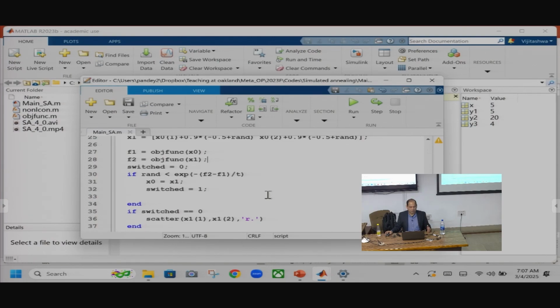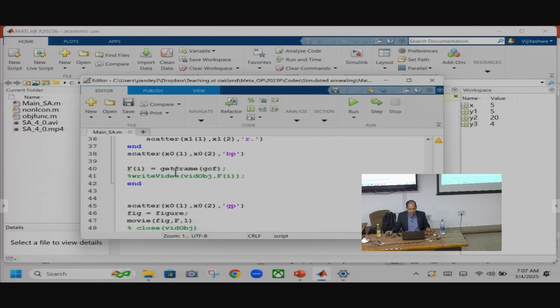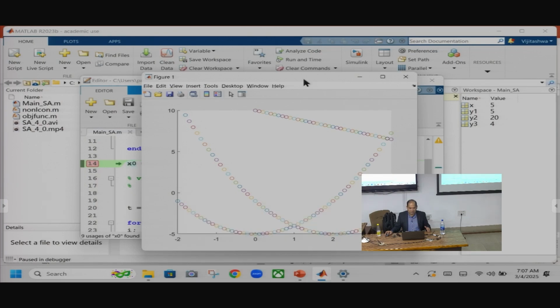We wanted to make it a little bit visual. If you see a blue pentagram, that means it accepted the solution. Red means it tried it but didn't like it. So it kept going like that. Then I will start it. I tried to get frames, but somehow it didn't work out, so we'll just see a live demonstration here. I'll just play it. Hopefully everything works. So it stopped here, and I intentionally stopped it here so that I could show you what